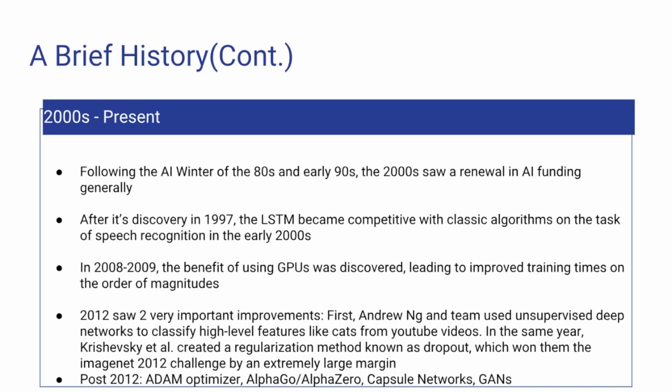What Dropout allowed the model to do was stop overfitting. Overfitting is, if you keep adding layers to a regular feed-forward network without something like Dropout or other forms of regularization, it will quickly overfit, which means it learns a representation of the data that is much too close to the data set, and it's not able to generalize to new examples. So post that, the Adam Optimizer, AlphaGo, AlphaZero, capsule networks, GANs,